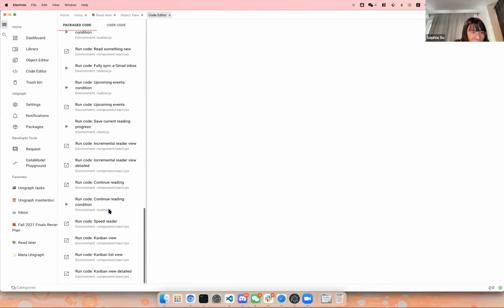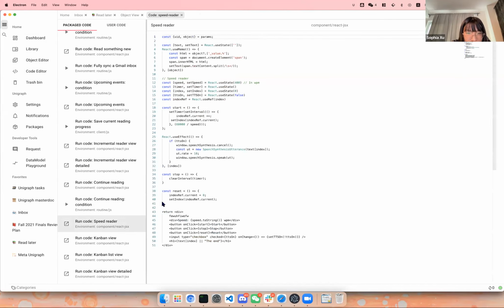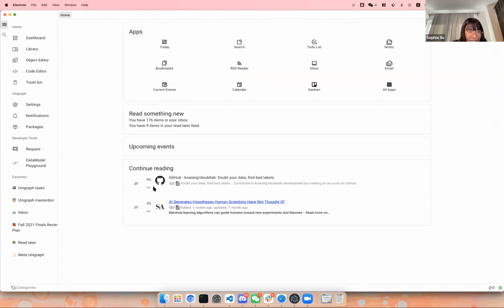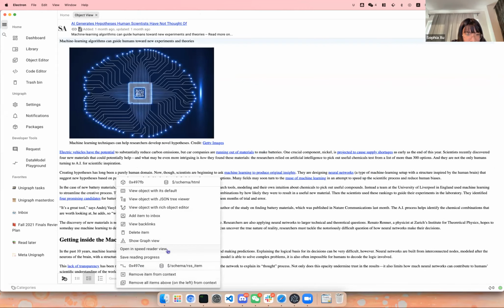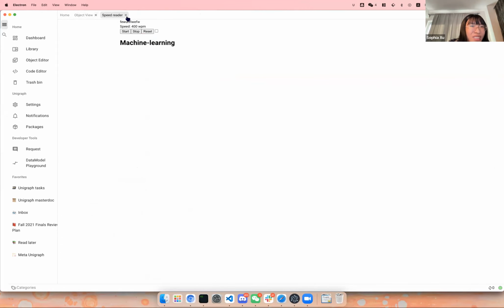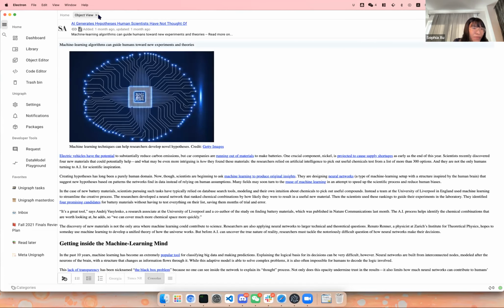So if you go to the code editor here, you can see the speed reader view. And this is the demo text that I added for another person. I'm going to delete this and say save and refresh. And I go to an article here and open the speed reader view. It's still cached for some reason, but if you give it enough time, it'll be gone, and you'll be able to customize everything on the fly as a custom editable component.